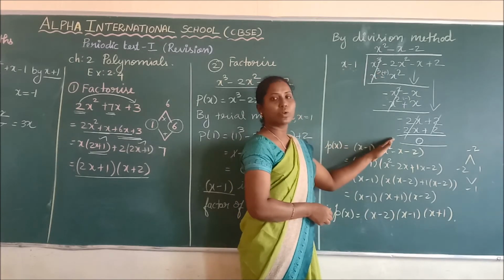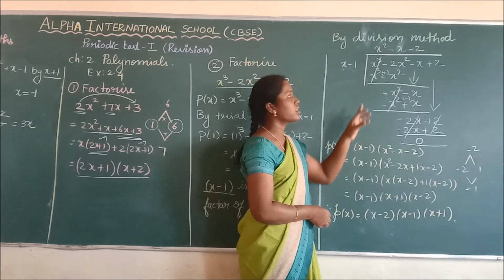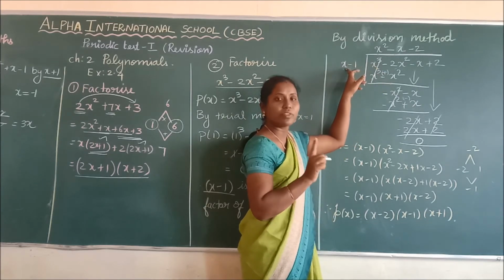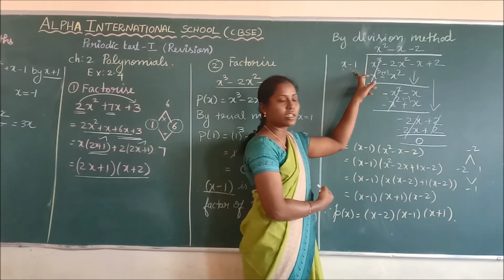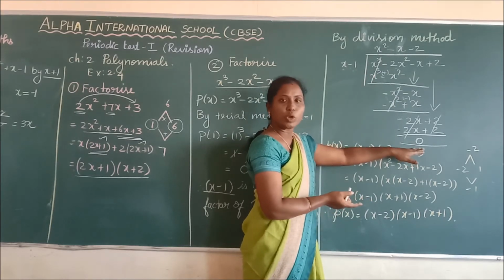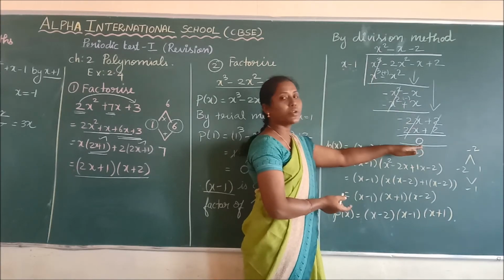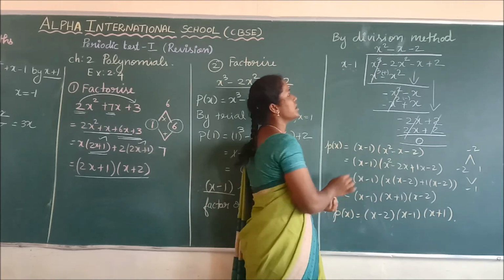Surely in this division, by finding the factor of the cubic polynomial, if you are dividing the cubic polynomial by one of its factors, we got one of the factors already. If you are dividing by one of the factors, surely you will get the remainder 0 only, because the factor makes the polynomial 0. Surely you are going to get the remainder 0 only. Check with that. Now, see here the quotient.